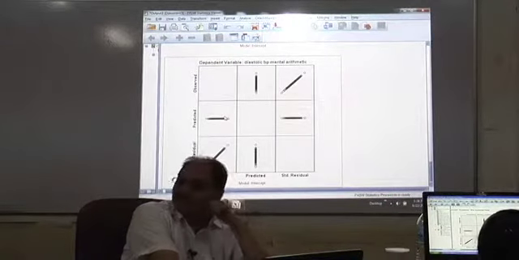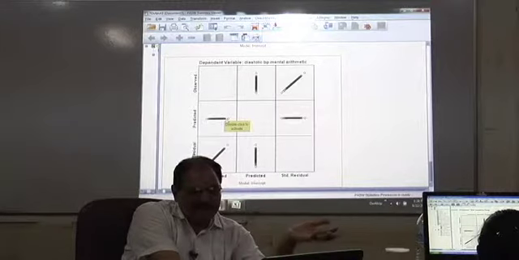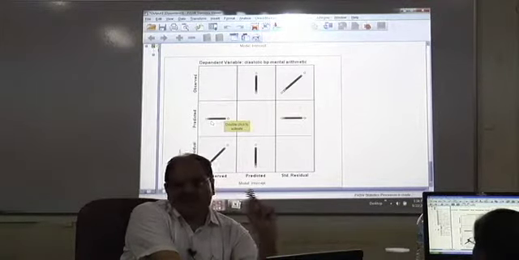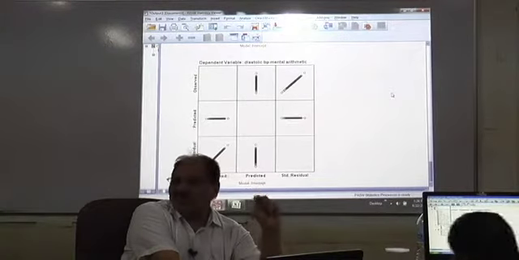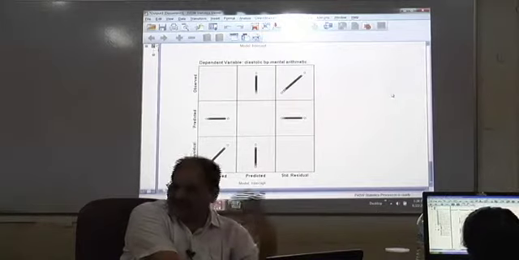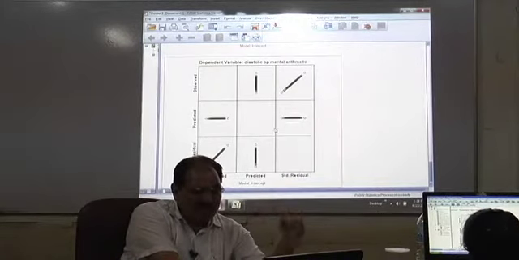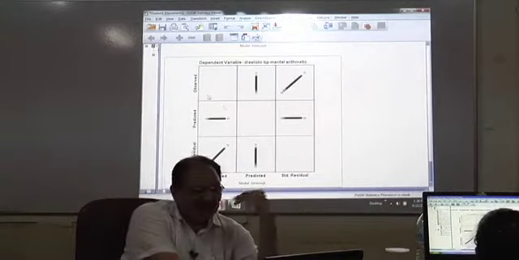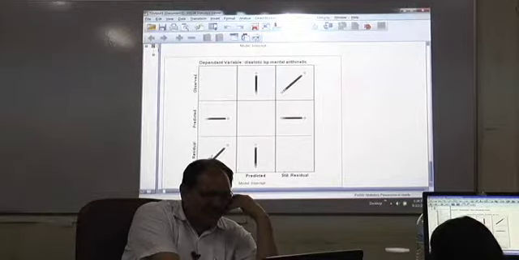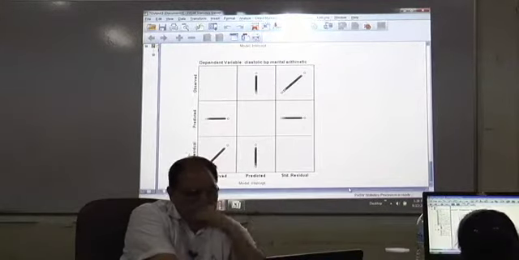Observed and predicted, again you find predicted values are overlapping the observed values. That means the relationship is linear between observed and predicted. That means there is a linear transformation from observed to predicted. Linear relationship. Again observed and predicted here, and this is again observed and residual. That's it. Only 2 are there.